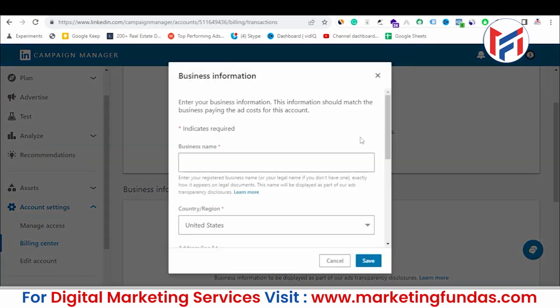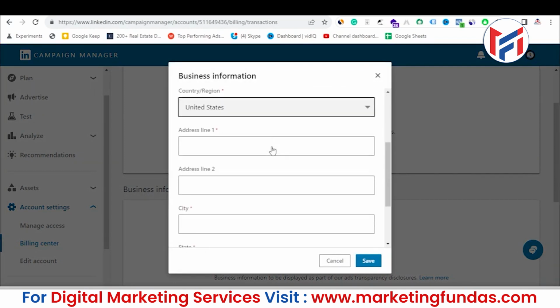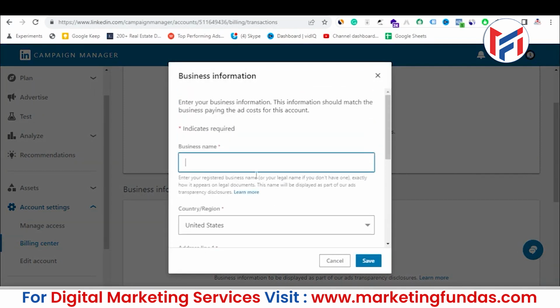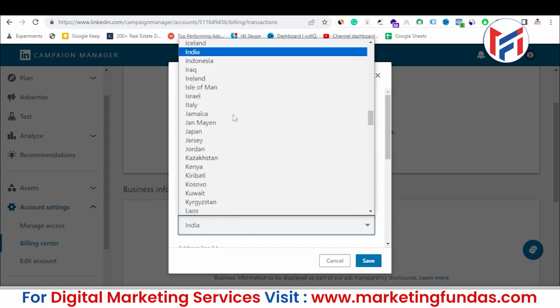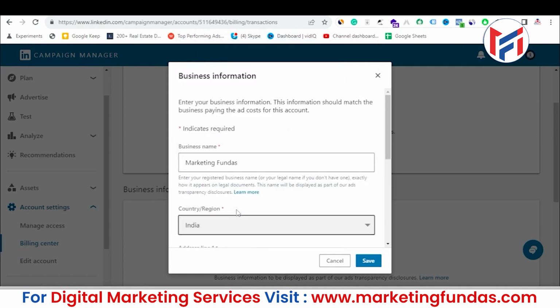So first let me add the credit card here. You need to enter the business name, you need to enter the region and all. So let's enter the business name first. Marketing Fundas, right? So this is the business name, region is India,